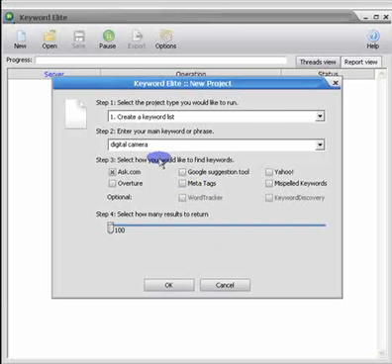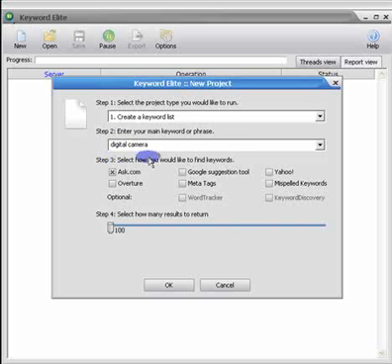But in this exercise, the project of create a keyword list, we are simply asking it at this time to give us all of those responses that are related around our keyword phrase. So we want to know everything. And what Google in this case will do is it will not only give us the ads that are working, it'll give us the ads that aren't working. So we'll get everything under the sun for digital camera, and we'll use some of the other projects to filter out the ads that aren't working. But at this point, we want to gain the largest possible keyword list we can get our hands on